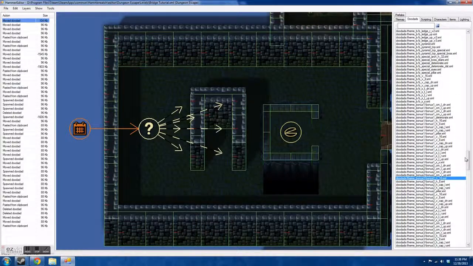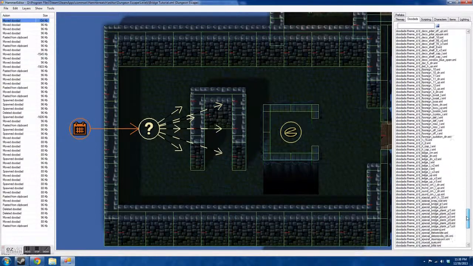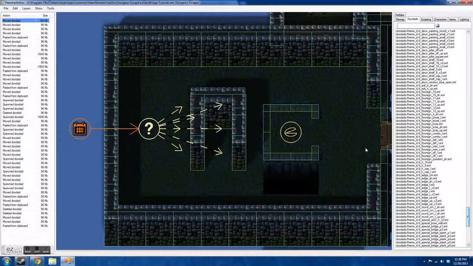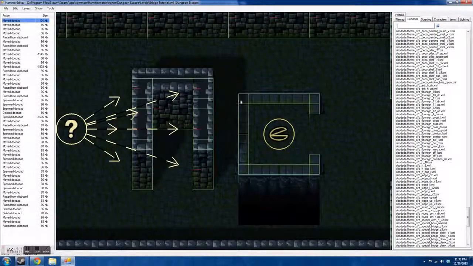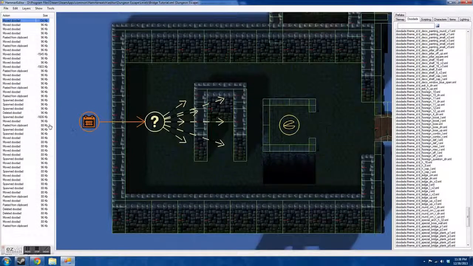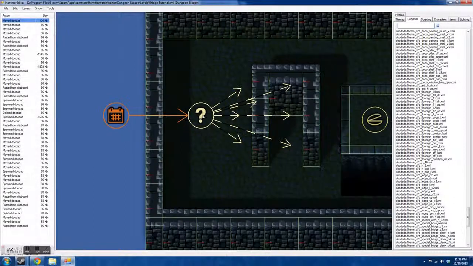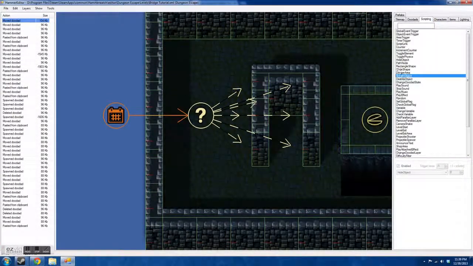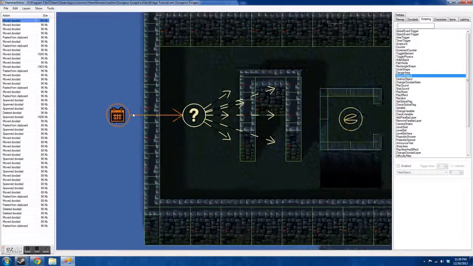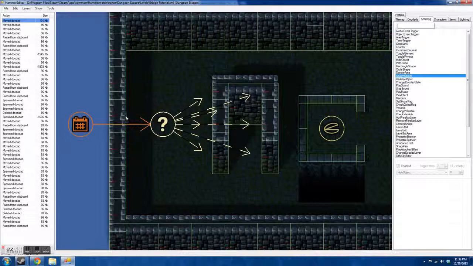It turns out that there's not actually any invisible walls that I can find, but you can just make the walls and then turn them invisible with a script. So right here we have a global event trigger, and it's triggered when level loads. It is activating this, which is a hide object script, and it's selecting these walls right here. And so if we run the game, this will turn all these walls invisible, but the physical barriers of the